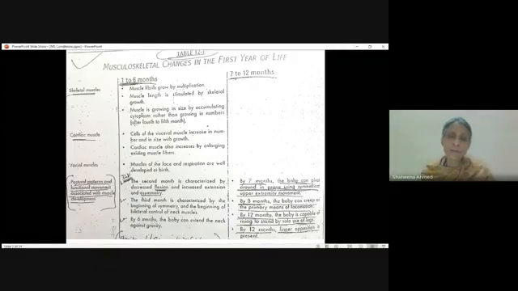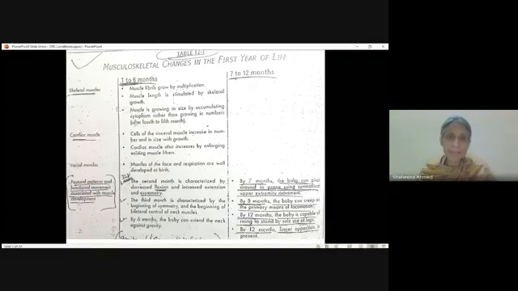Now we are going to divide these changes into two categories, or you can see these changes in two aspects. One is the muscular system and the other is the skeletal system. In certain stages, we are going to see these two systems separately, and in the other stages, we are going to evaluate these two systems simultaneously. So let's start